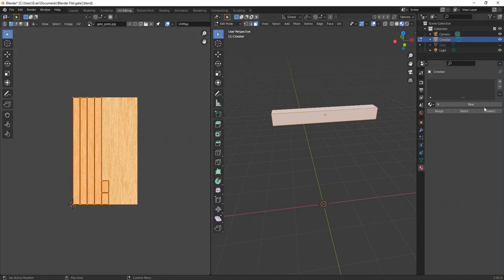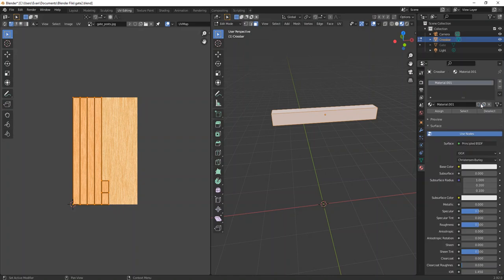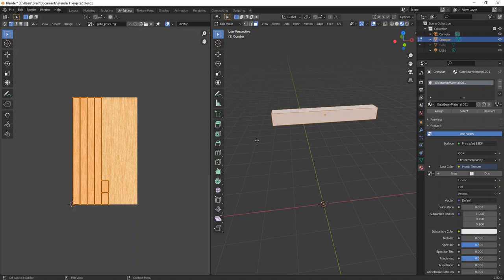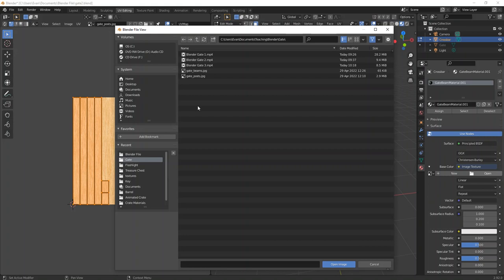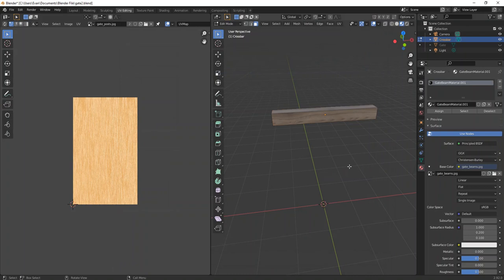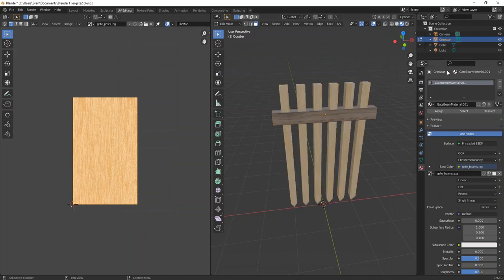So let me go to the crossbar here, and let me click the new material button, and I'll call this thing gate beam material, or gate crossbar material. Call it whatever you want. And then for the base color, I'm going to select an image texture, and I'm going to pick the beam material there, gate beam material, open. Okay, so that should be the darker of the two things. There we go. Okay, so now we've got our